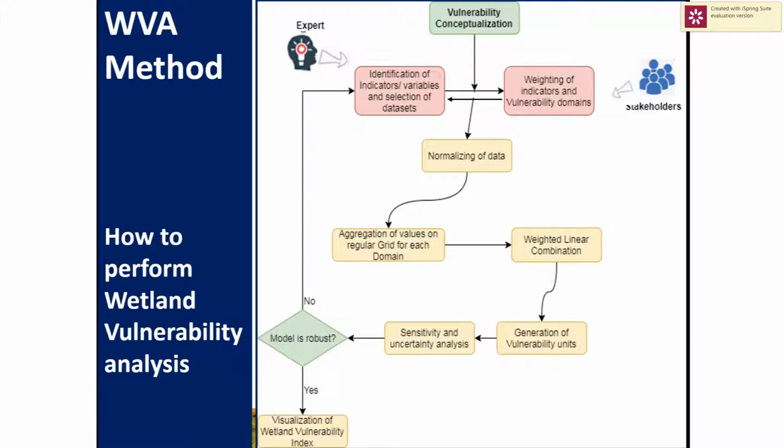They go further to identify the indicator variables that are required for one to conduct the vulnerability analysis. Furthermore, they go ahead and identify and select the required datasets. So under vulnerability analysis using Earth observation data, which we'll talk more about in the next lesson,